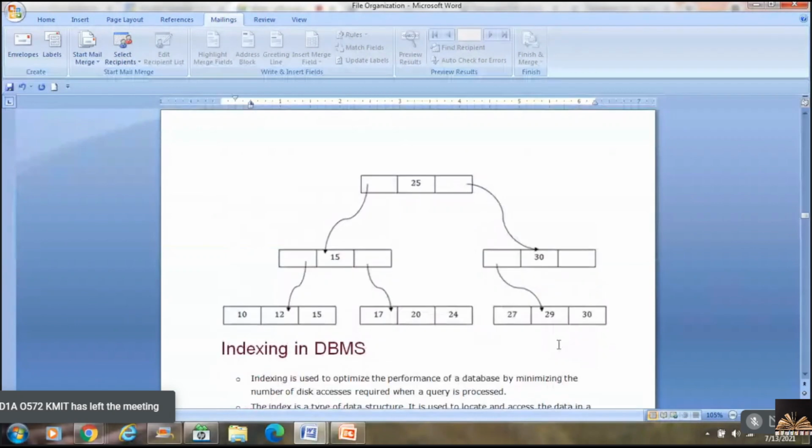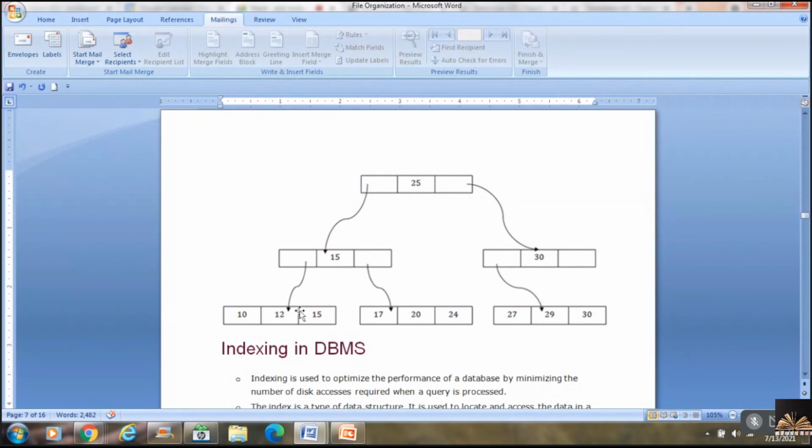So here is a sample example you can see. This is the root node. These are the intermediate nodes, and these are the leaf nodes. This is the position where the actual data is stored, which is nothing but your leaf node. So whenever you want to traverse, you have got a complete process of B+tree. I'm just talking about the introduction over here. How we are going to insert, how we are going to search, how we are going to delete, I'll be giving you a clear idea on that.